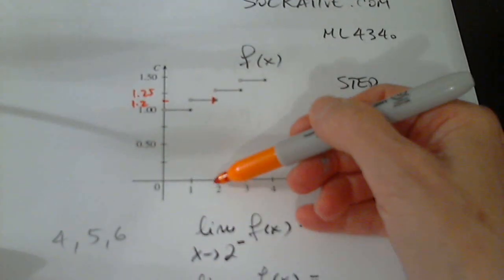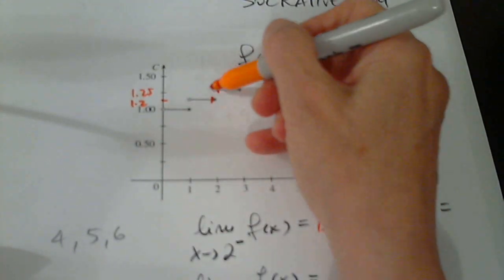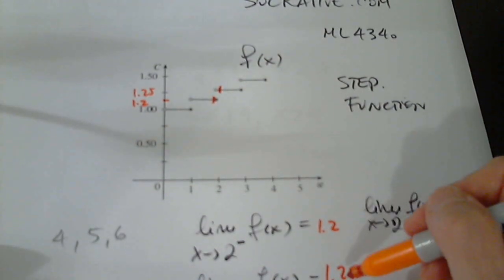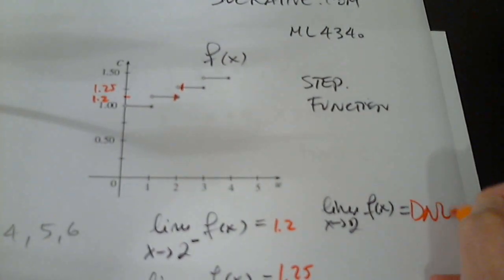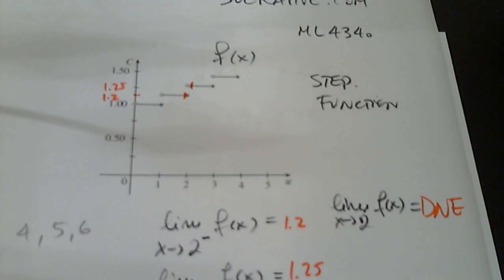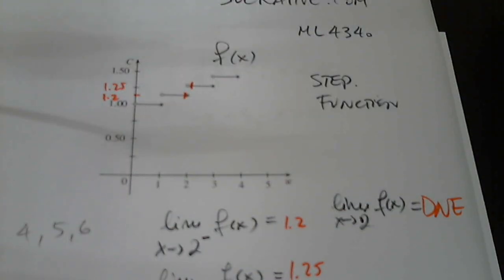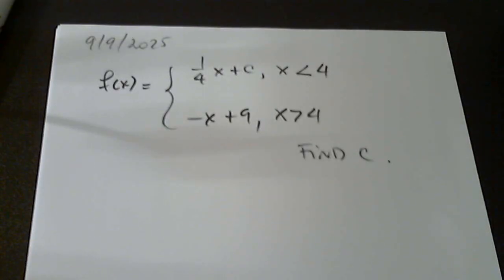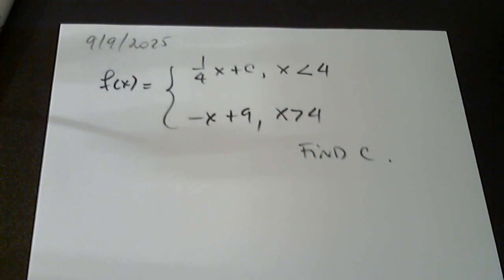On the other side, obviously, the tendency is here, which is at 1.25. Since these two numbers are not the same, the limit from either side does not exist. Good. Perfect. Okay. So next item on our list